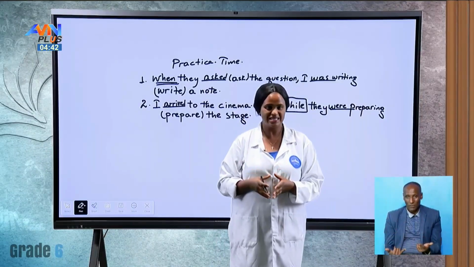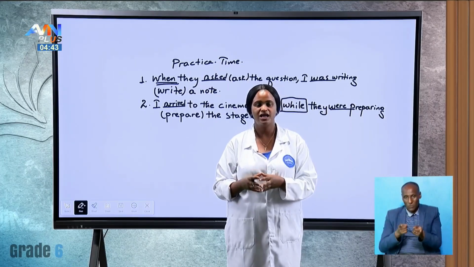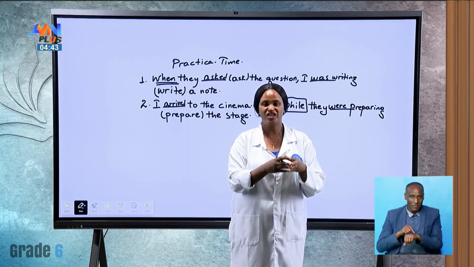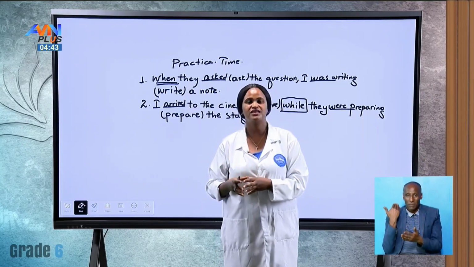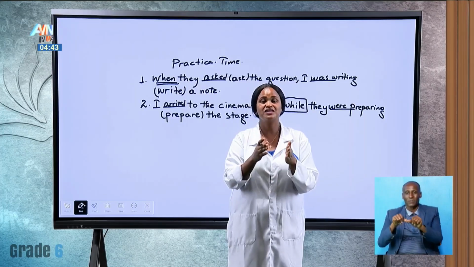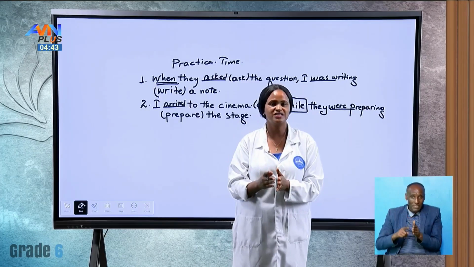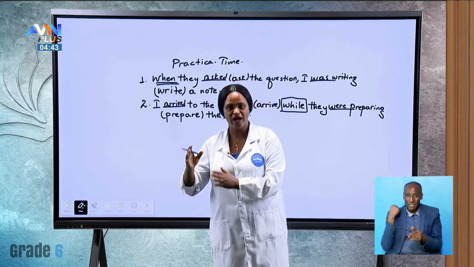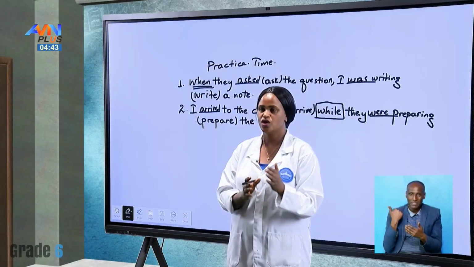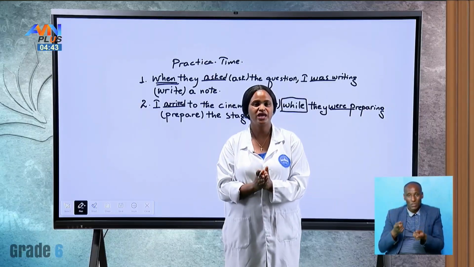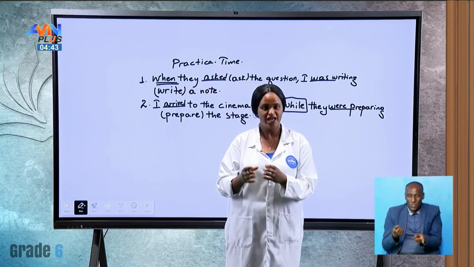Now, in today's lesson, I am sure you understand the two conjunctions, when and while. At the same time, how we use the two tenses together, which means simple past and past continuous. We said that simple past has a specific time at which it begins or ends. And we also say past continuous is interrupted by a short action, or a simple past. That's how we use when and while. And then we also say what? While is followed by the long action and when is followed by a short action.